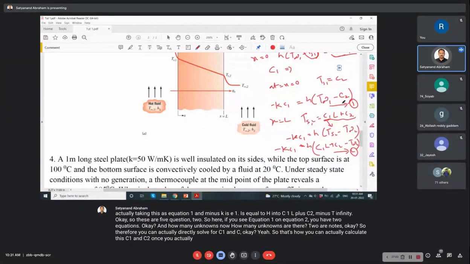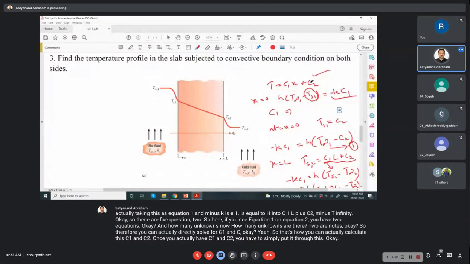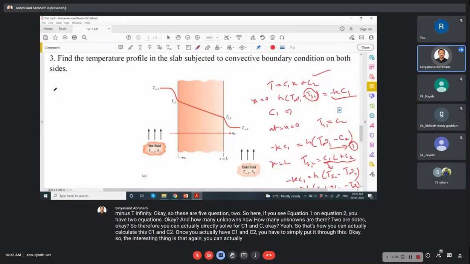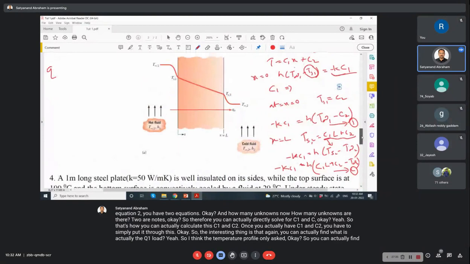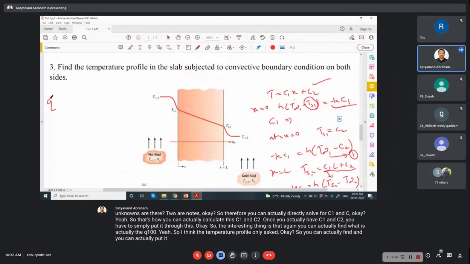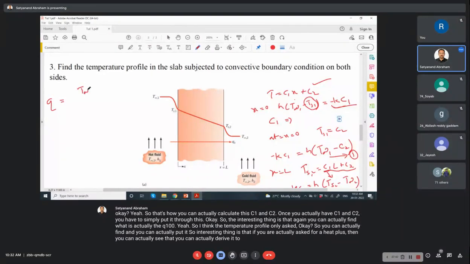Once you have C1 and C2, you simply put them into the equation. Again, you can find the unknown Q, but I think only the temperature profile was asked. The interesting thing is that if you are asked for the heat flux, you can derive it as T infinity 1 minus T infinity 2 divided by